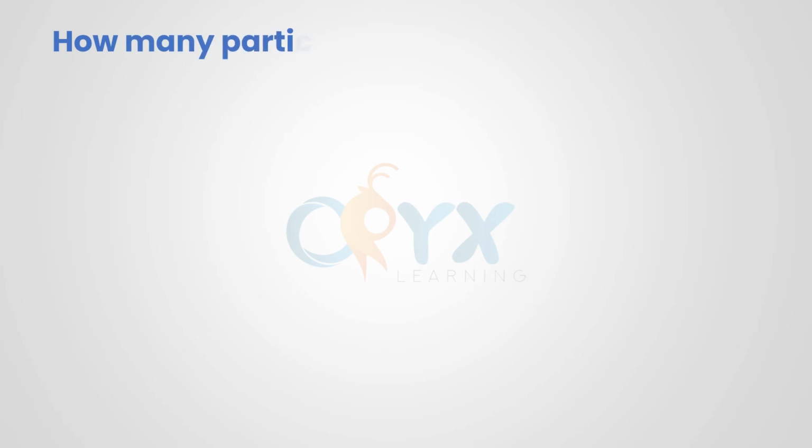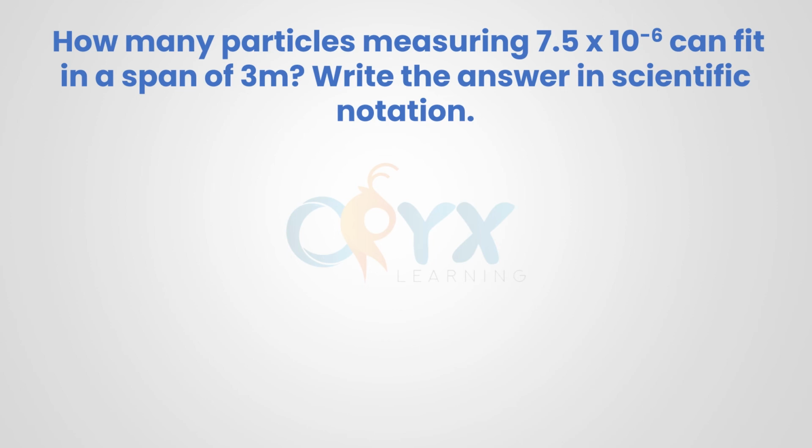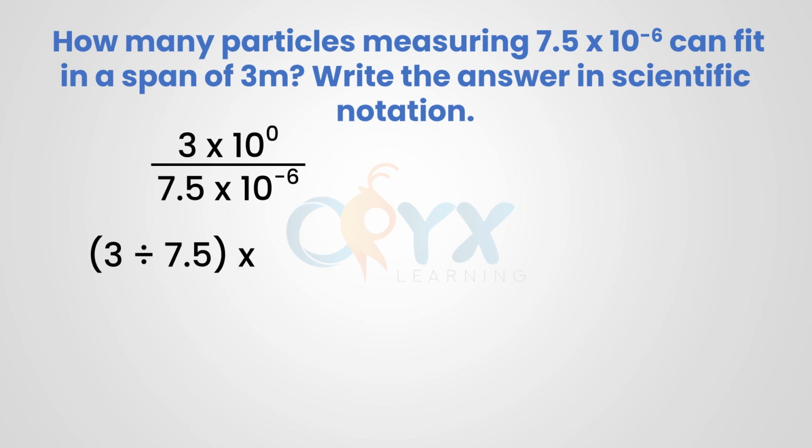How many particles measuring 7.5 times 10 to the negative 6 meters can fit in a span of 3 meters? Write the answer in scientific notation. The equation is 3 times 10 to the 0 divided by 7.5 times 10 to the negative 6. Dividing the numbers out and rewriting, we'll get 3 divided by 7.5 times 10 to the 0 minus a negative